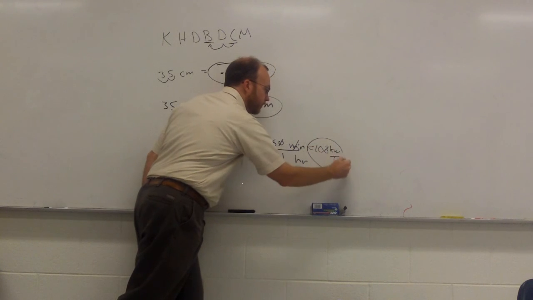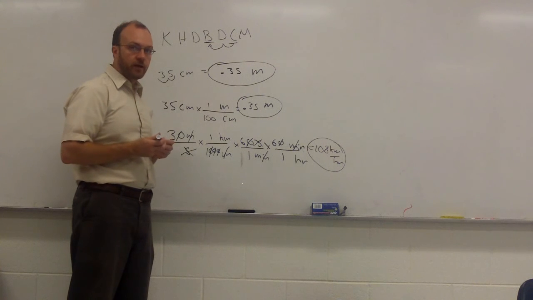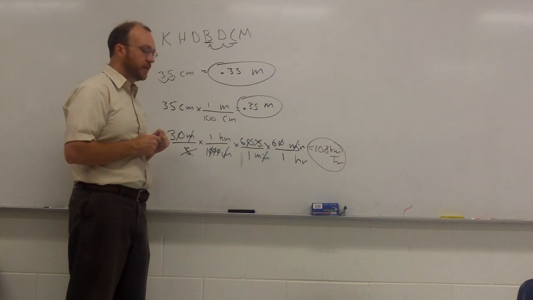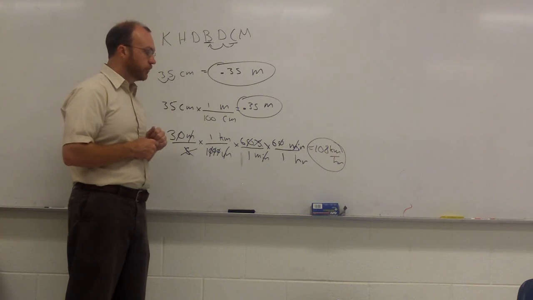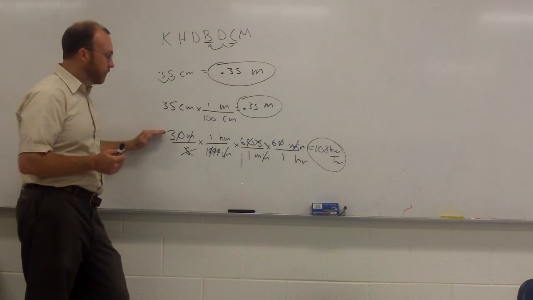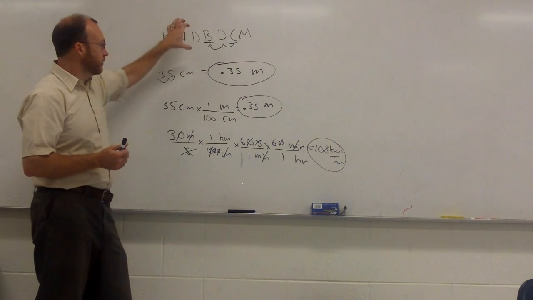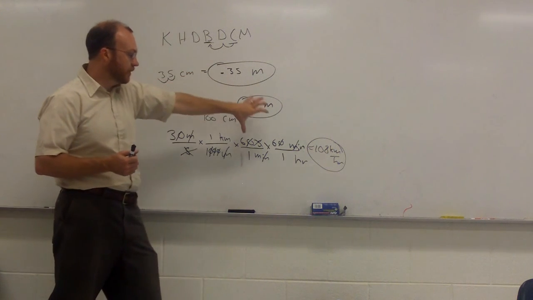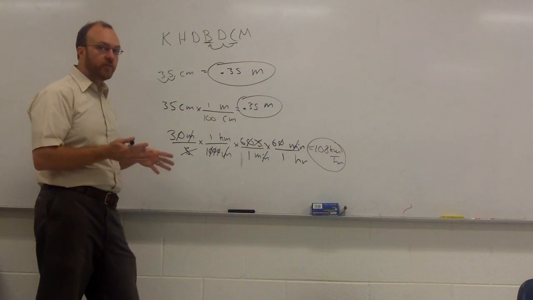kilometers per hour. Now, for chemistry class, by all means, use your calculator. If you are in my environmental science class, I may have you do some of these by hand. If you take the AP environmental exam, you have to do a lot of problems by hand. It's good to review those rules for fractions. But the main thing that I want you to see is this unit analysis method allowed us to successfully make this switch. It would be difficult to do that using the decimal-moving method. Now, you could use that method for part of it, but you would still have to go back and use the unit analysis method to finish the problem. It's a powerful method. It'll help you solve lots of